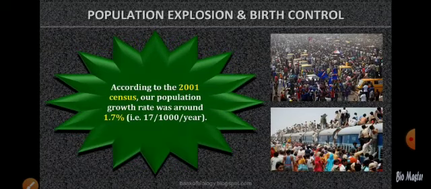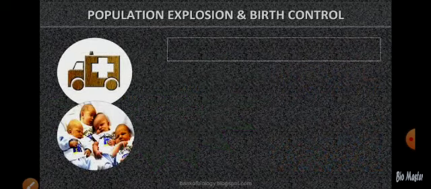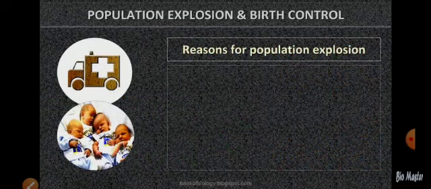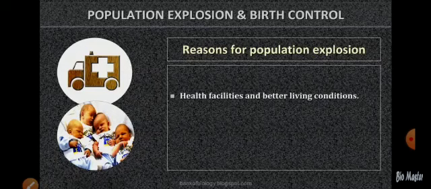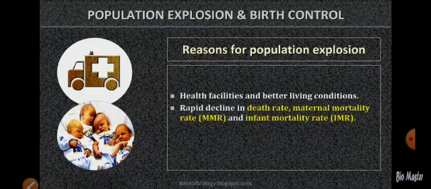According to the 2001 census, our population growth rate was 1.7%, that is 17 per thousand in a year. So the population of our country was exploding. Therefore, there is a necessity to control the population so as to make the necessary availabilities to each and every individual of the country. Reasons for population explosion could be betterment of living standards and availability of hygienic health facilities,